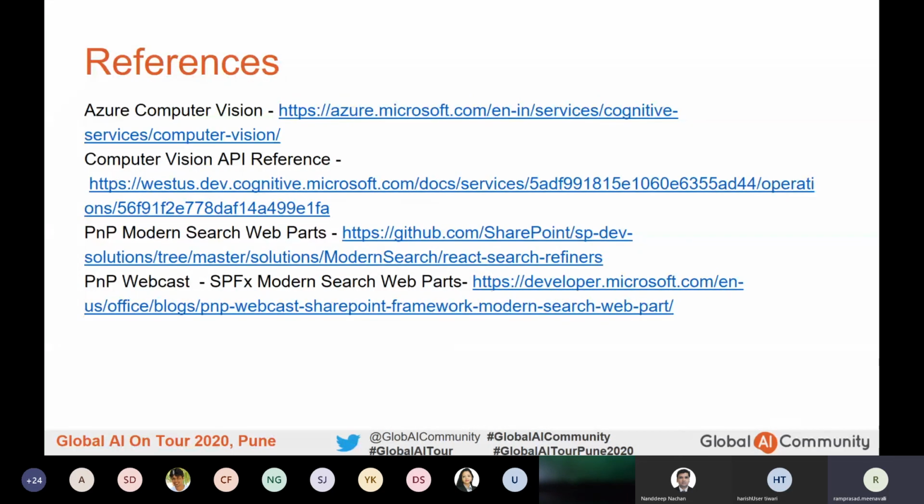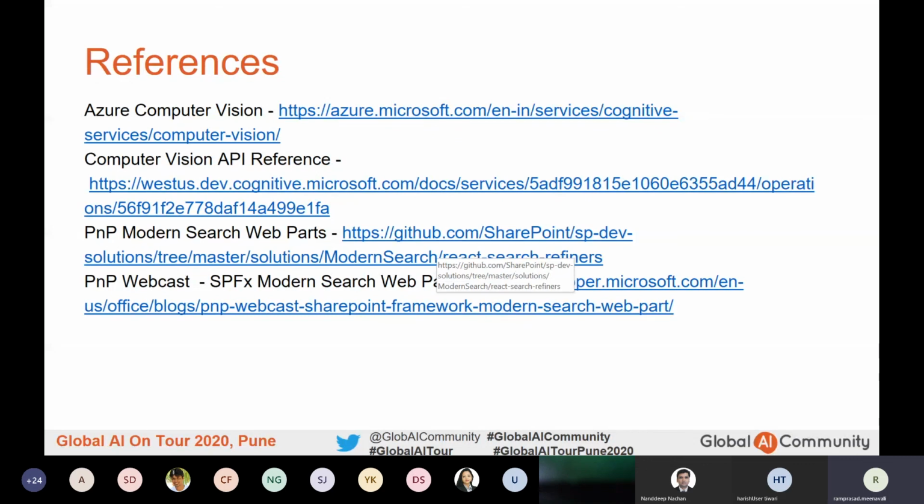So these are some references which we have used. So always refer to the official computer vision documentation, because there are some limitations within computer vision which we currently face. So there is one hard limit on whatever image we are sending to the computer vision API to analyze, right? There is a limit of 4 MB, so we cannot send an image which is greater than 4 MB.